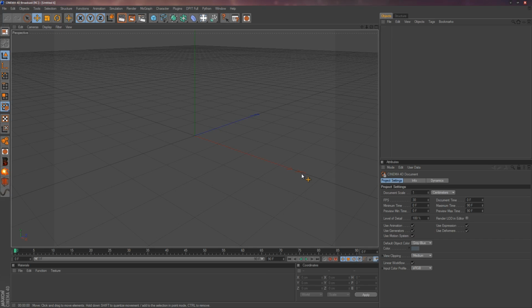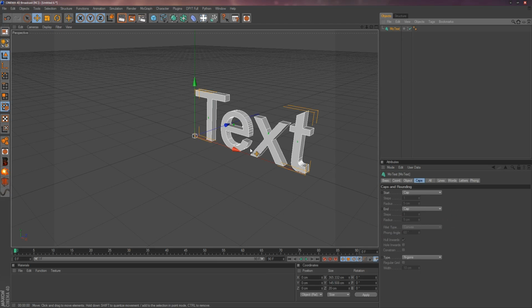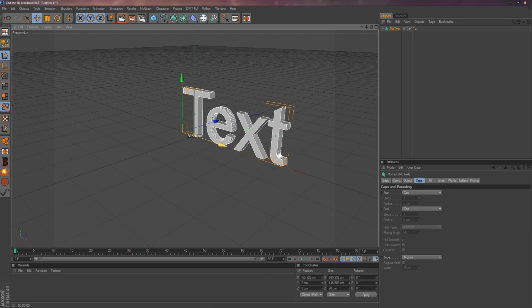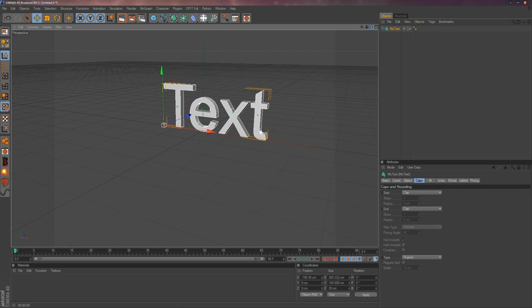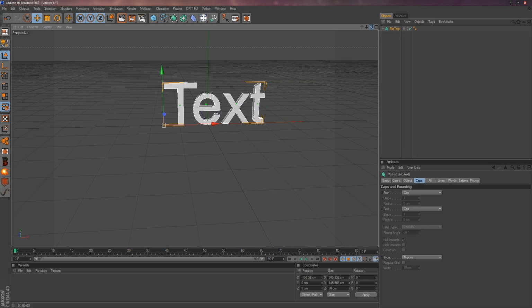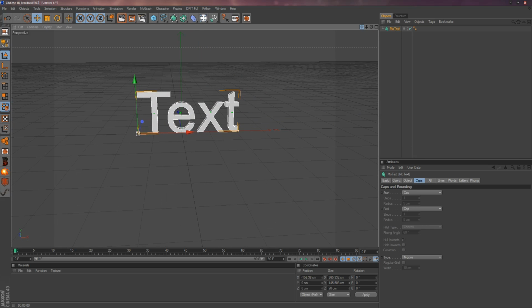So we're going to start off with text. I'm going to go up to MoGraph, MoText, and that will give us a nice text object. I'm just going to move that over to the middle and adjust our camera just so we can see it dead on,